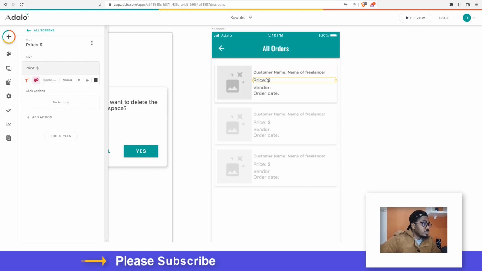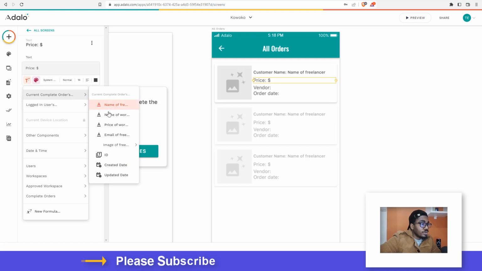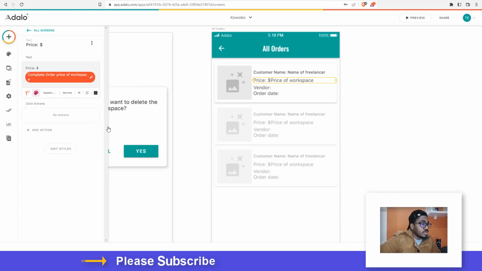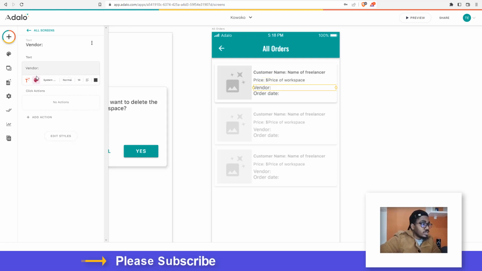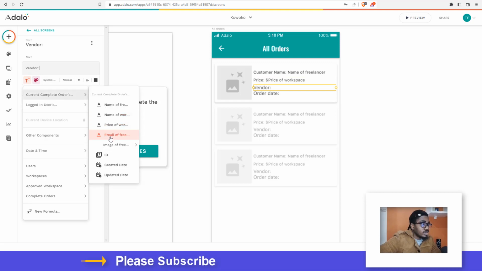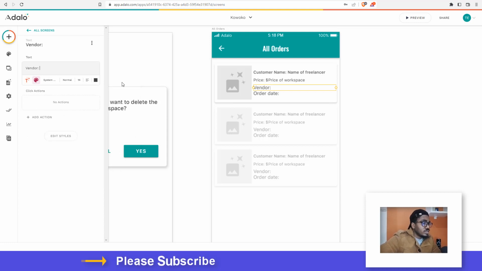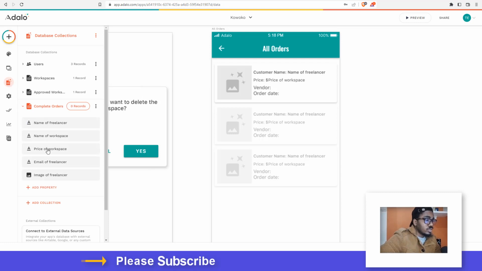Yes. Okay, so we come to price, then current complete orders, price of workspace, reduce it to 12. Let's come to vendor. This is going to be the current complete orders, name of workspace. Okay, we did not put the vendor's name when we're creating the database, so let's come